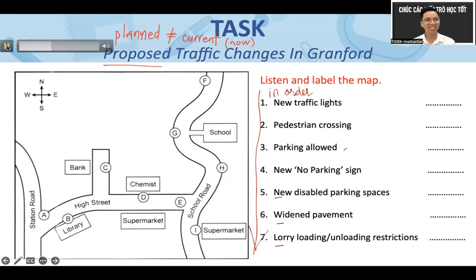Forbidding parking for 25 meters. Yeah, cái gì mà cách có 25 mét nè. School road. Just by the entrance to the school, forbidding parking for 25 meters. Forbidding có nghĩa là cấm đó quý vị. Forbidding parking for 25 meters, tức là cấm đổ vòng khu vực đó 25 mét. A new no parking sign on school road, just by the entrance to the school, forbidding parking for 25 meters. Forbidding parking, tức là no parking.